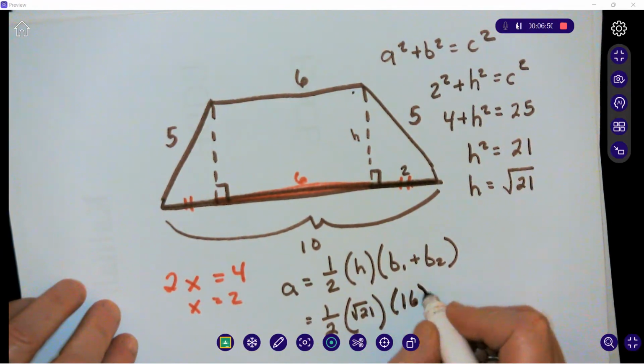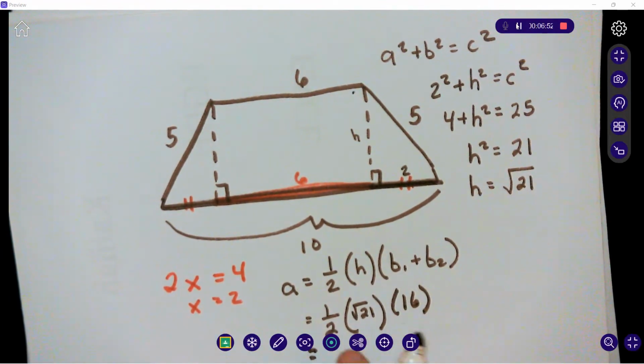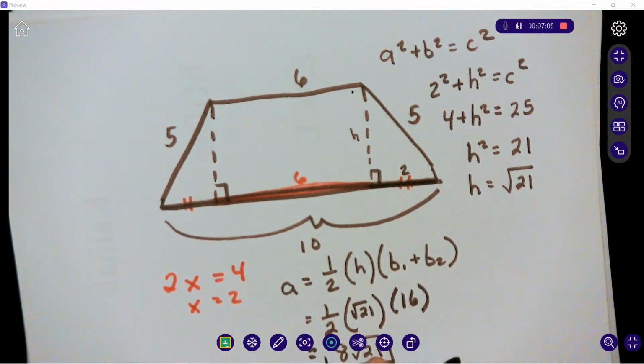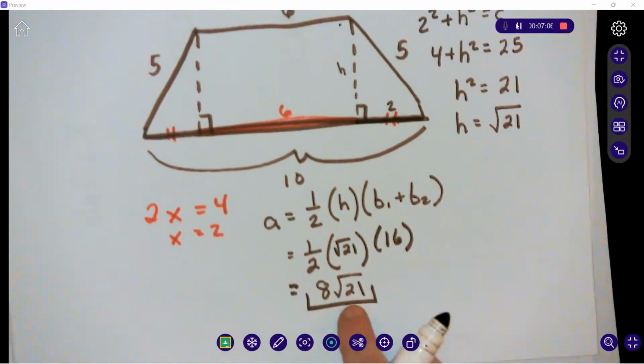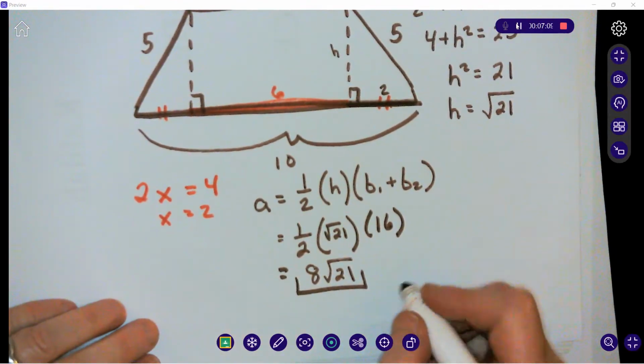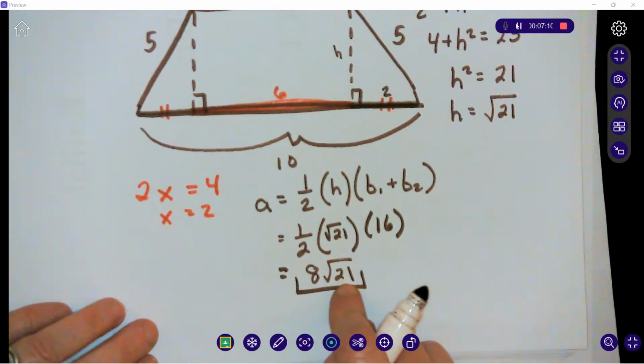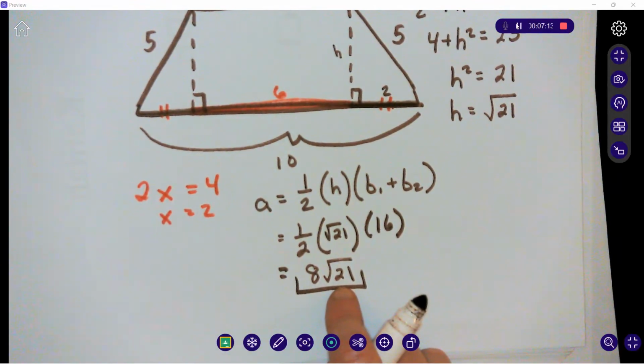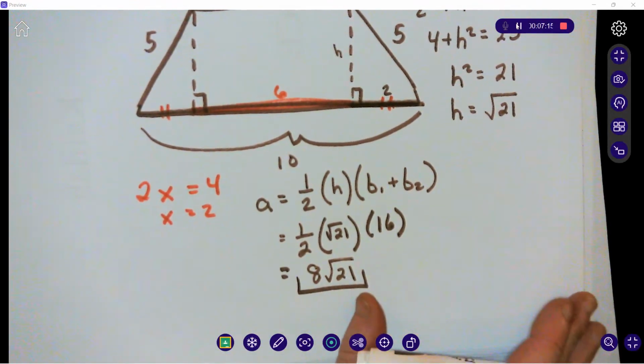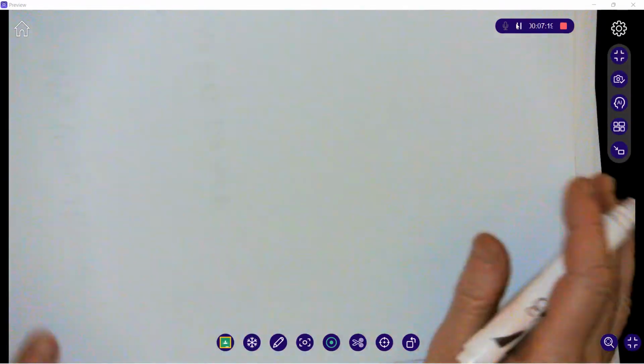So that's 16. So we have 1/2 times the square root of 21 times 16. 1/2 of 16 is 8. So the area of this trapezoid is 8 times the square root of 21. And you can leave it in that form. The only time you would have to simplify is if underneath the radical sign you had a perfect square. But there is not a perfect square that's also a factor of 21, so you can leave the answer like that. We're going to look at one more example so that I can make sure that you know how to